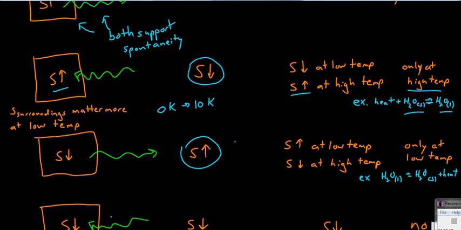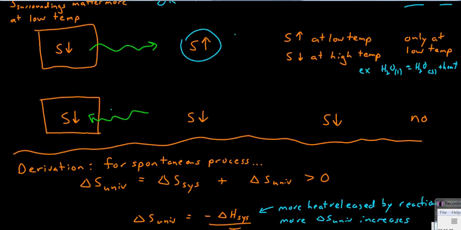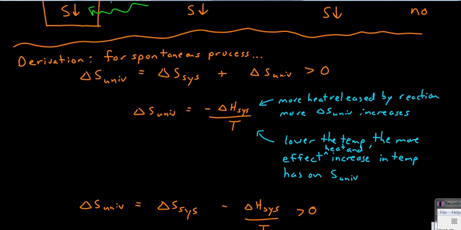Now, these are all nice ways to view things, and I think a key component is that an increase in the entropy of the system and releasing of heat by that reaction, those both support spontaneity. And so we can consider that later in the Gibbs free energy equation. But first, let's derive that.